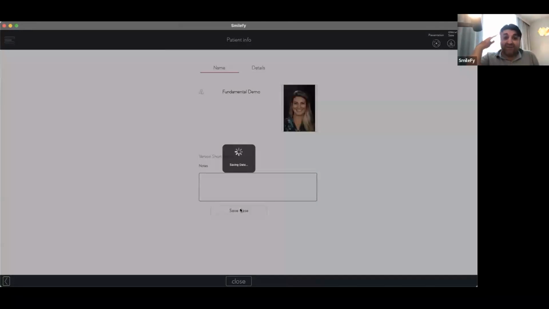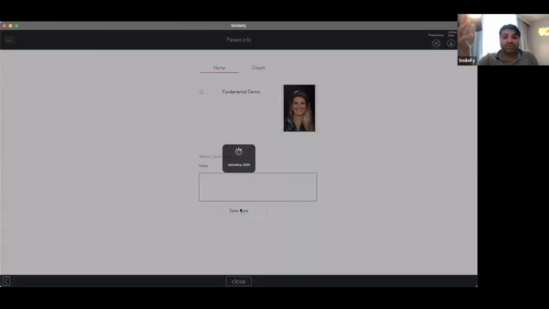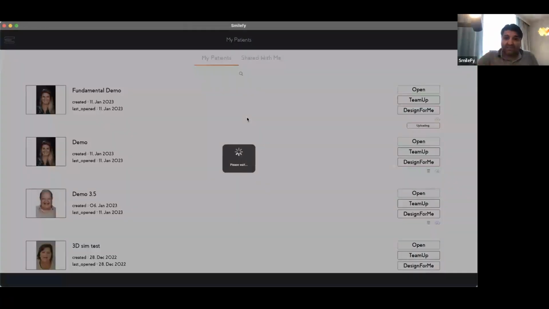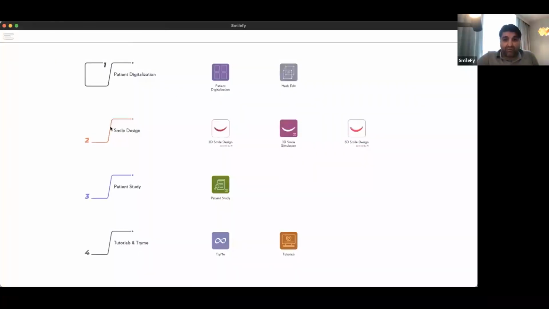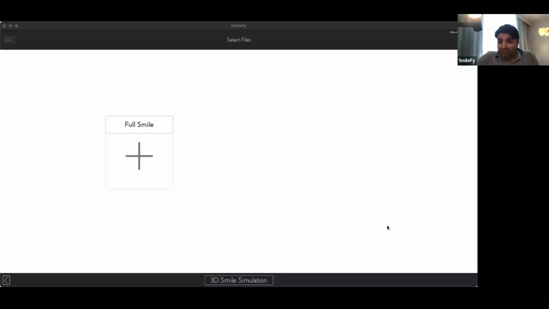We design facially driven the full arch implant bridge or the removable denture. We can use a picture with a wax ring. We can use a picture with no teeth at all. And we can create the facial harmony, the design, everything in a way then we have a good start for the patient. 3D smile simulation. So let me start with